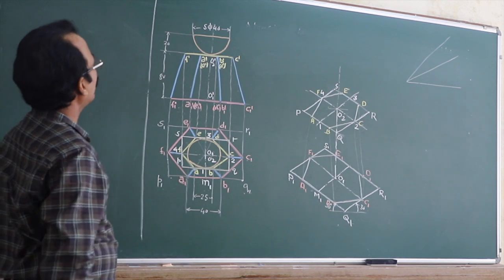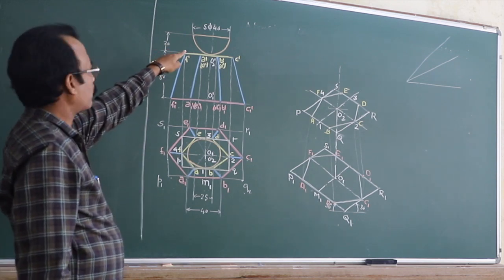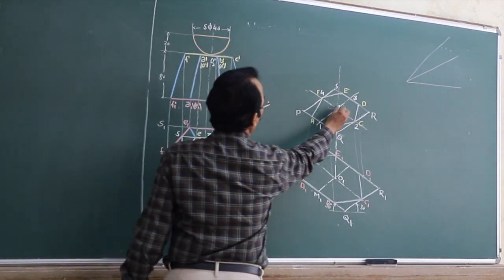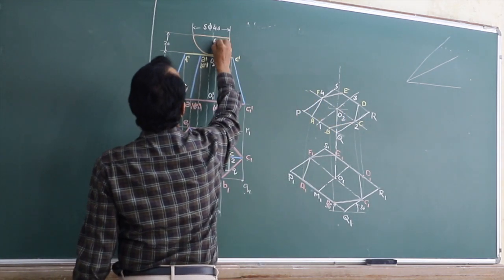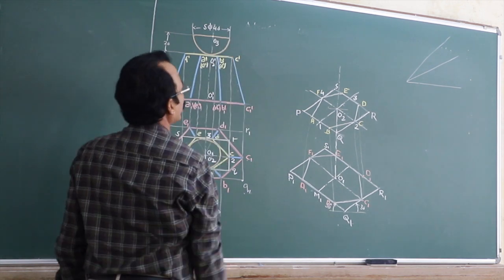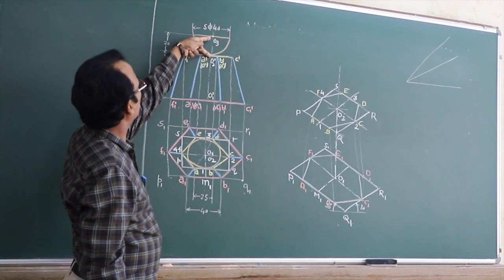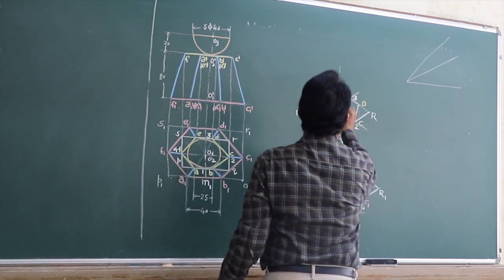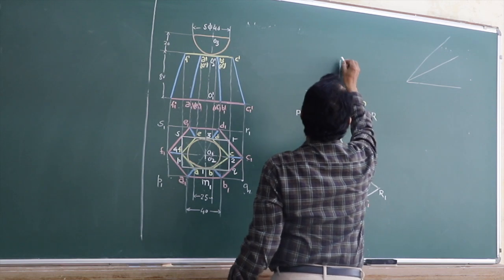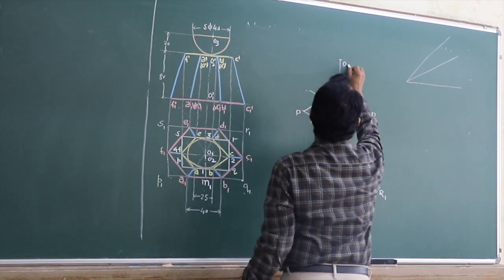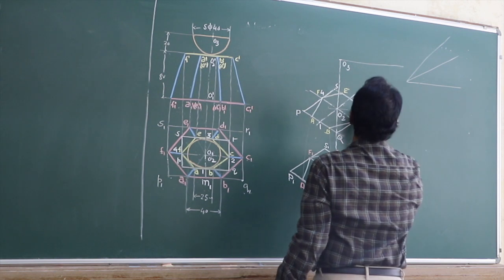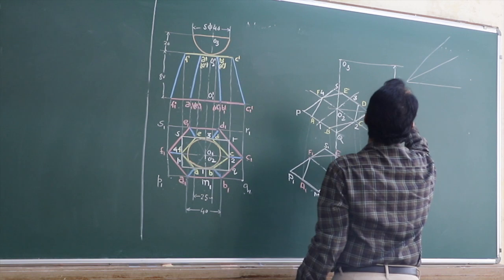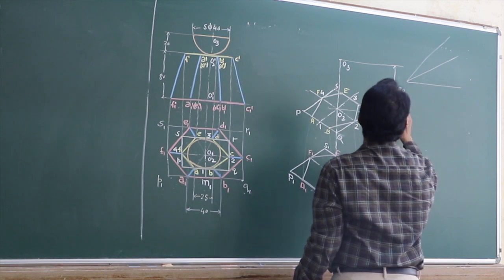Then next is how to construct or produce that hemisphere, right? So this is your O2 here, and this is your O3 now. Now what is this distance? O2, O3 is 20 mm. So go to isometric and mark that 20, O3 here. This O2, O3, as usual, is your ISO 20.